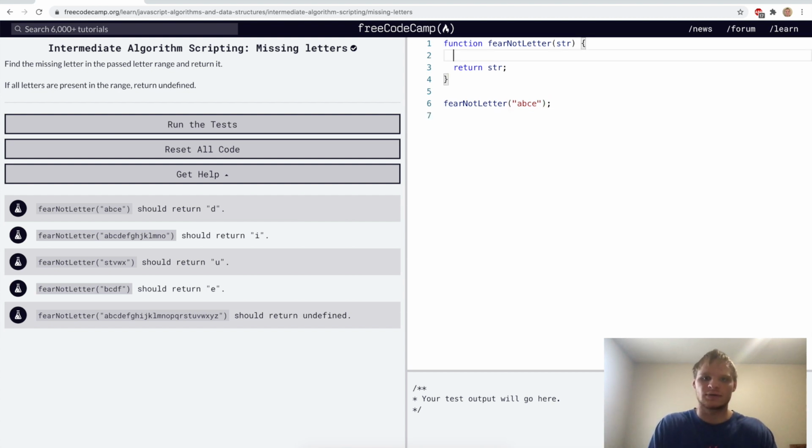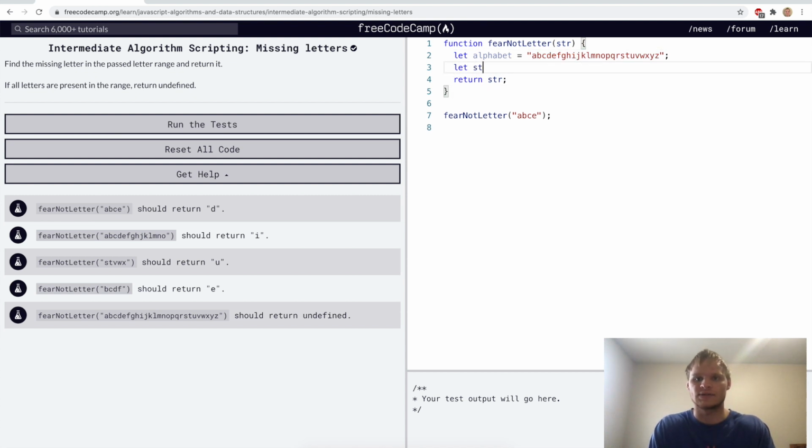So to do this one, we're going to start with a variable called alphabet, and that's going to equal A, B, C, D all the way to the end. So yeah, there's our alphabet, the English alphabet. And then what we want to do is find our start in this alphabet and our end in this alphabet. So to do that, we're going to have our let start equal